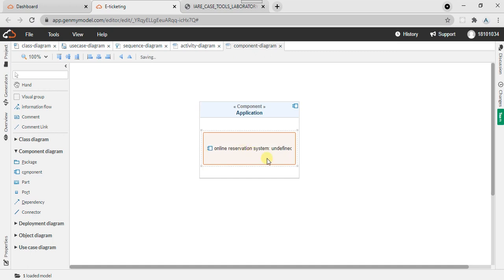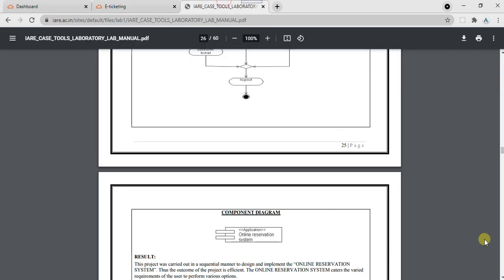We have to extend it, then only every value will be displayed here. Okay, successfully created component diagram.